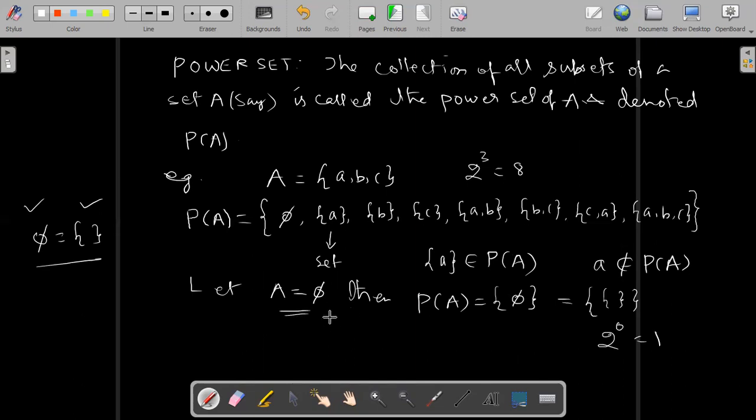Okay. So after this power set, we have some properties of the power set next time, and then we will move to the Venn diagram. So that's all for